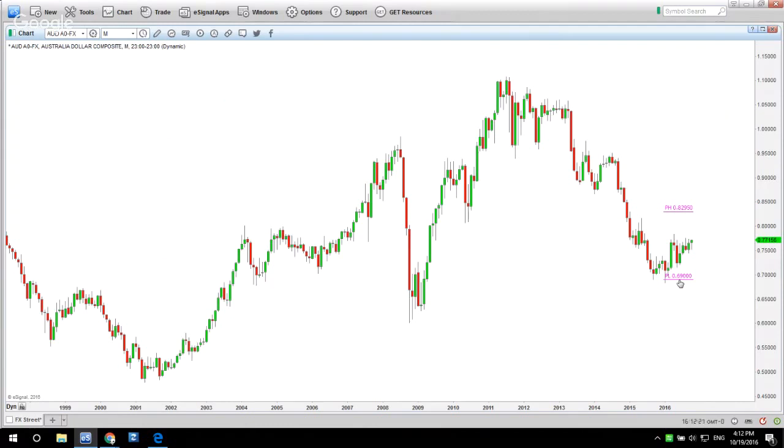But once you get on the exponential ladder, the growth is pretty significant. Okay, so we want to see price trading outside of these pink lines. If price is above the high, we have a bullish bias and I'm looking for long opportunities. If price is trading below the low, I have a bearish bias and I'm looking for shorting opportunities. If price is inside these pink lines, I do nothing.